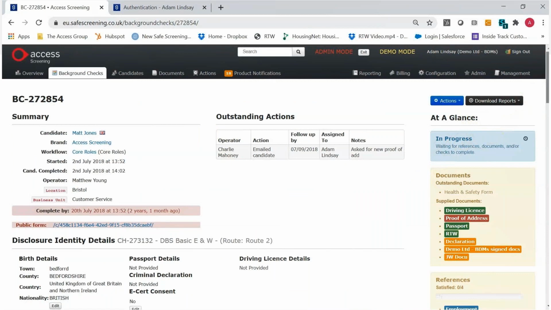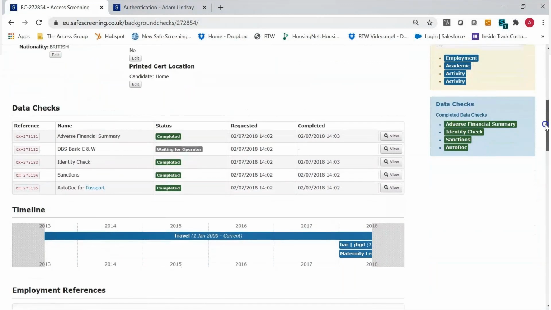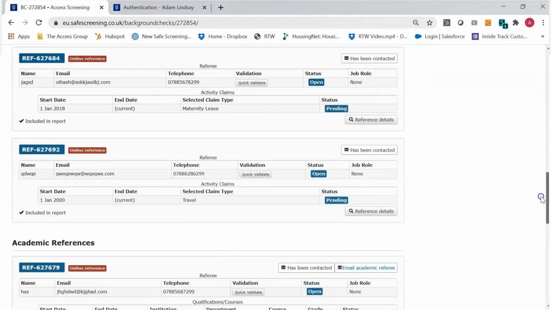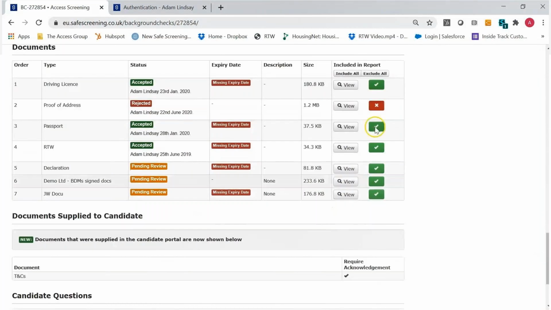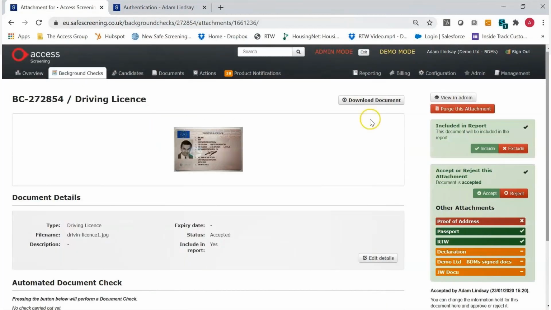On the right hand side, you have an at a glance view of anything that's going on, perhaps documents, references, any data checks that you're doing. It's all listed clearly of the checks that you're going through, and each one has a view button so you can see the progress and the information that you've got in there. Even collecting documents you can do, and as information comes back in, you're building reports, accepting and rejecting files. To get there, we're going to have to get the candidate portal, which I'll show you shortly, but